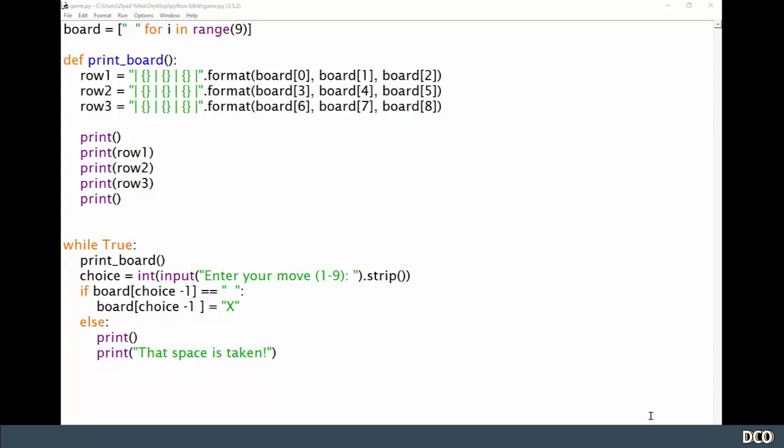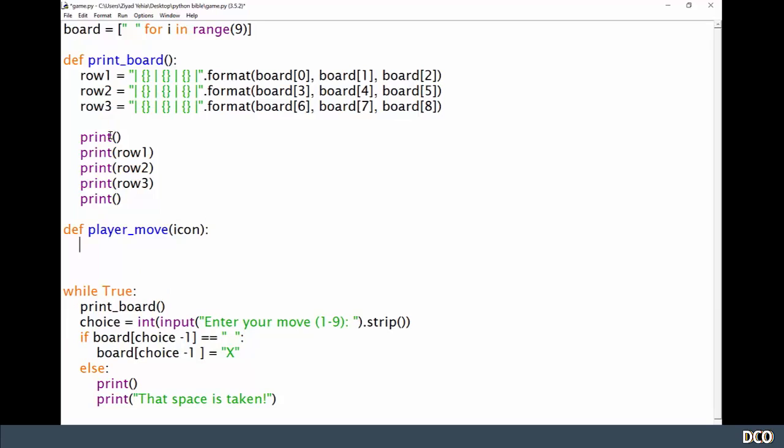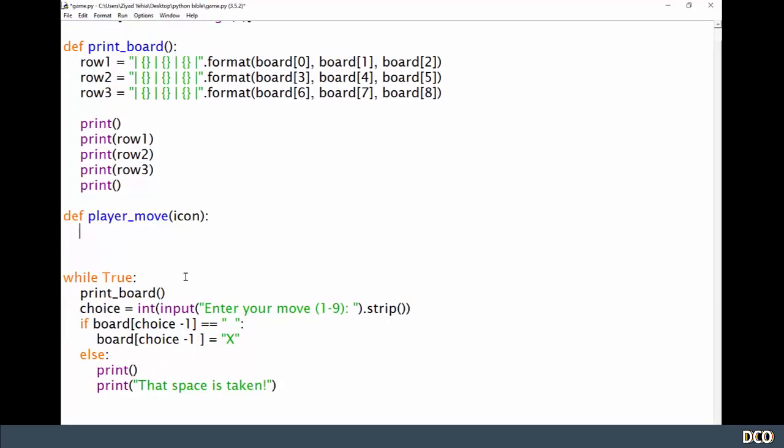So what I'm going to do is create a function called player move, okay? And the reason I'm creating a function is because I don't want to just be repeating myself. I just want a general function that's going to do a move for a player. And I'm going to give it a parameter called icon. Now inside of here, I'm going to move all of this